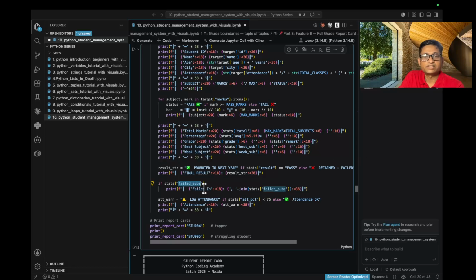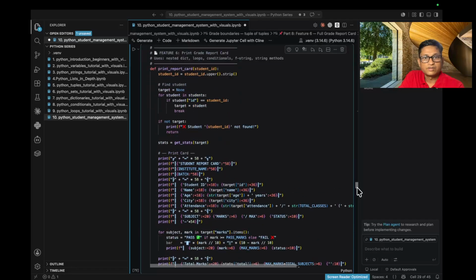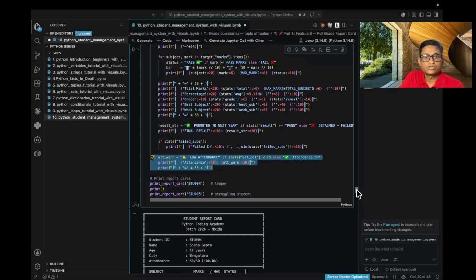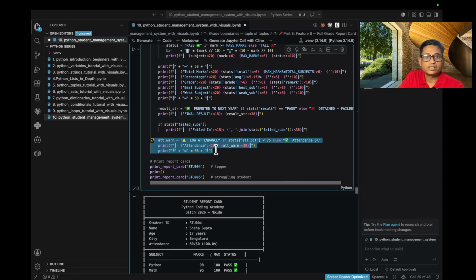so it will print the statement that the student failed in those particular subjects. And after that, attendance warning, if low attendance is available, means if stats of attendance percentage is less than 75, it will return low attendance, otherwise it will return attendance okay and print this statement. So this is the overall definition of